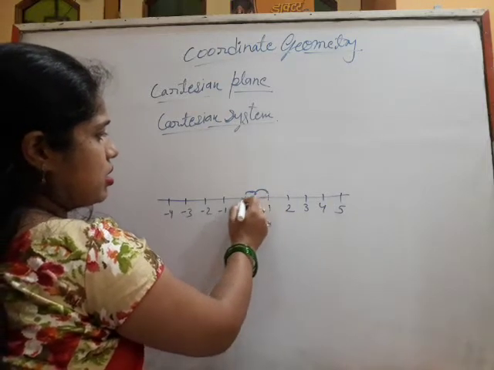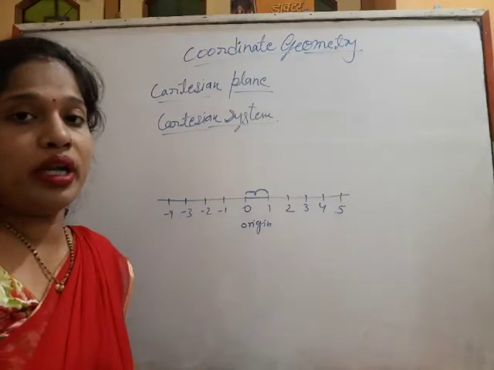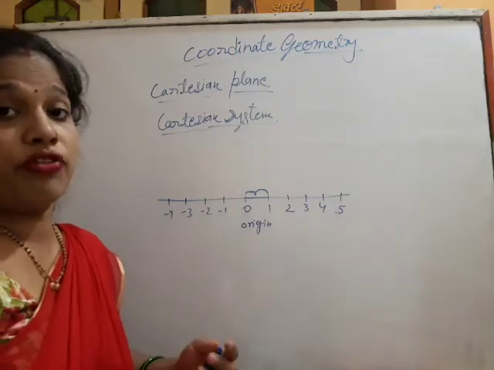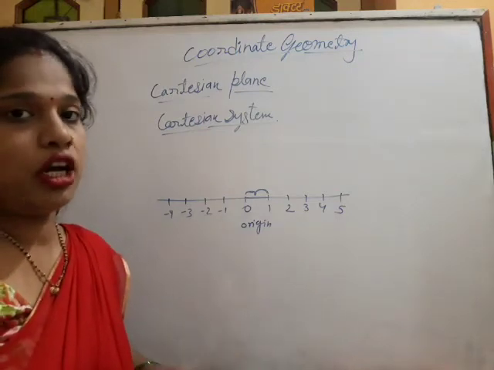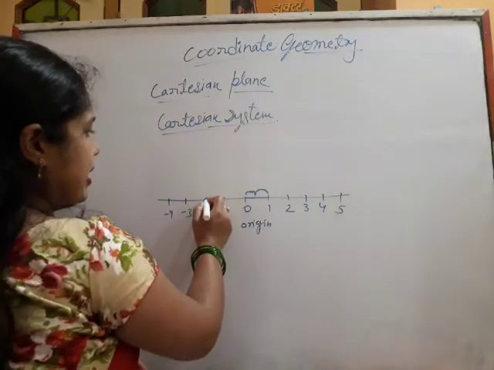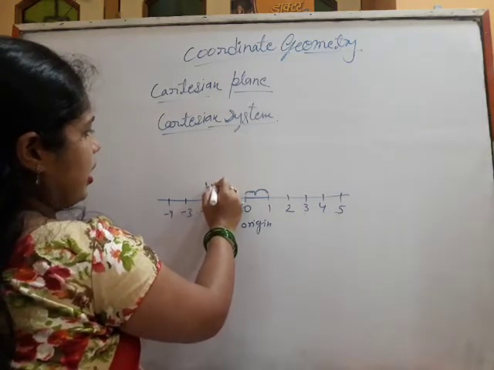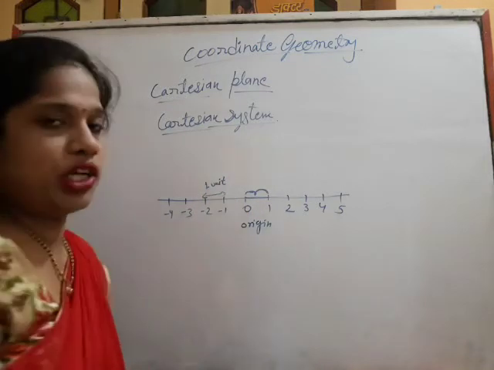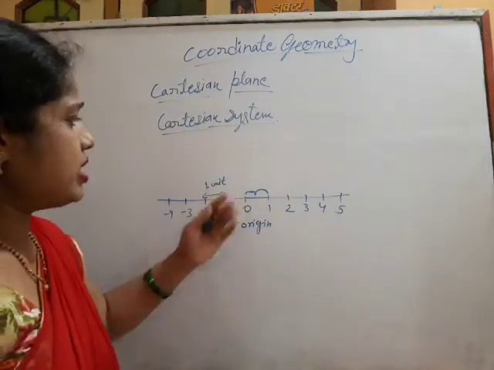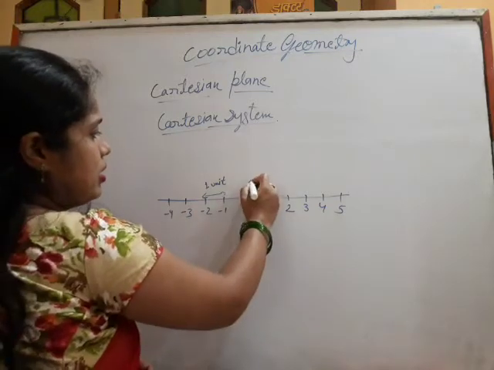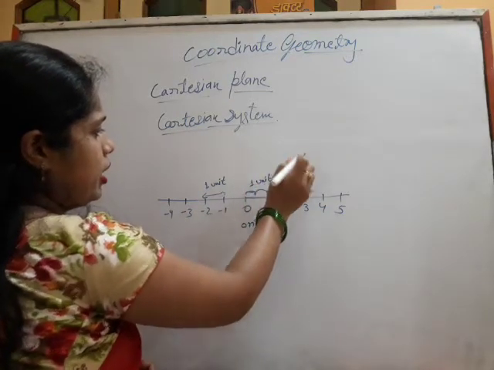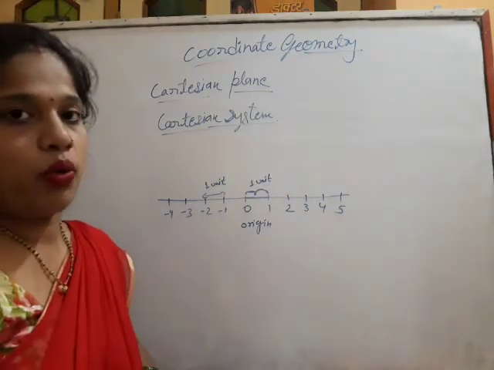So on the right hand side, what is this distance actually known as? This distance we don't know. It may be 1 centimeter, 1 meter, or 1 millimeter, we don't know. So simply this distance we will write in our calculation wherever we need it. We say this distance is 1 unit.